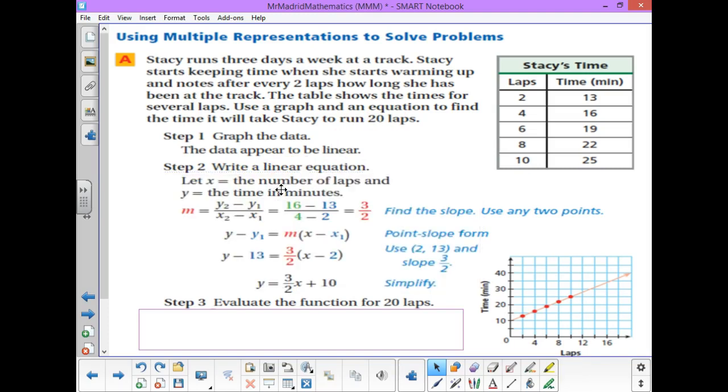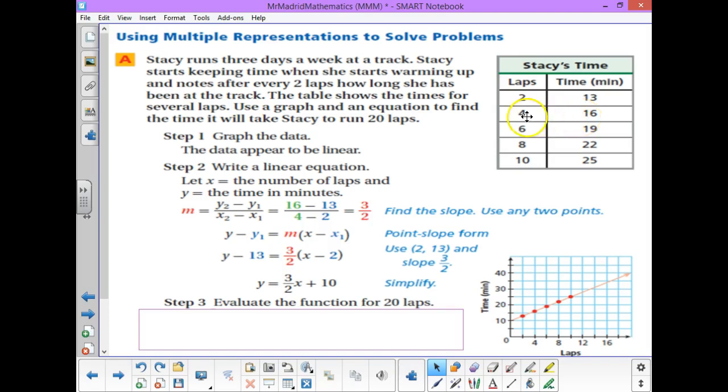We're going to let x be the number of laps with which we've discussed and y the time in minutes. So for us to produce a linear equation, we definitely need slope. So as a refresher, you've got m equals y2 minus y1 over x2 minus x1, and really you can take any 2 points from the graph. We'll start off with the first 2. For example,